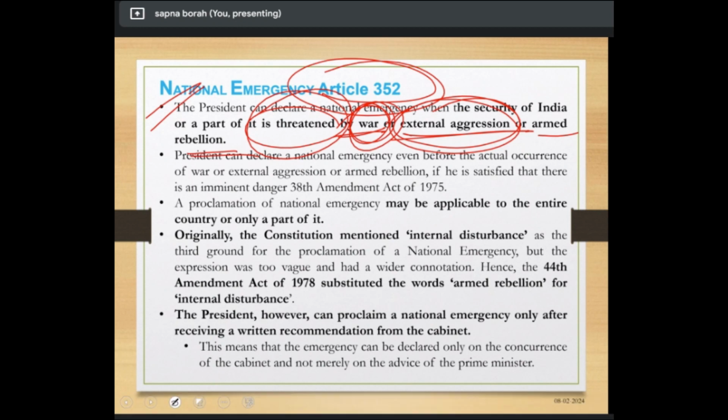Okay, these are considered external aggression, so they will not exactly start the war but close to it. Okay, there will be a threat. Armed rebellion, again if cross firing starts, like recently in POK, okay, so in those areas, in those terms, then national emergency